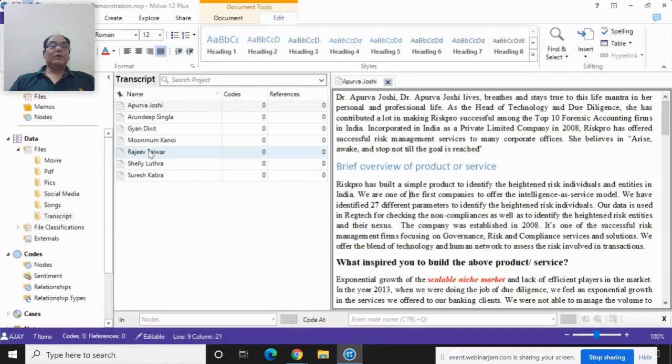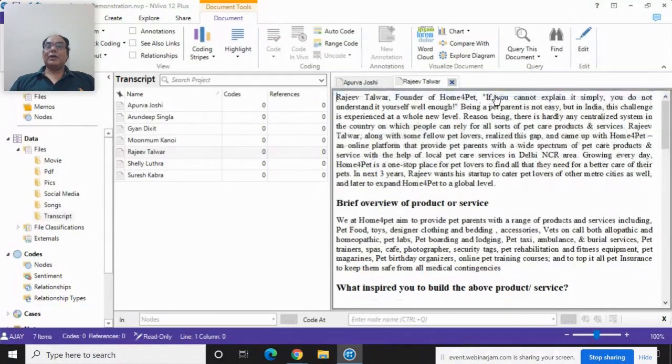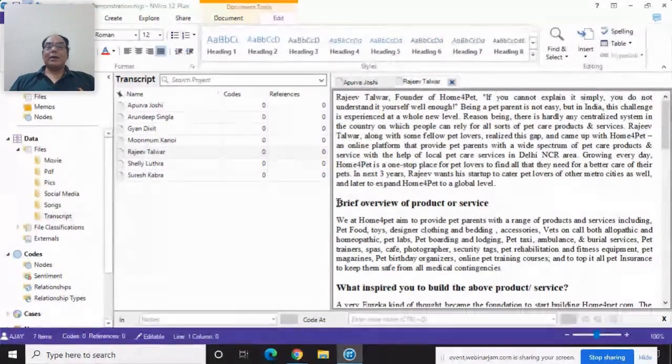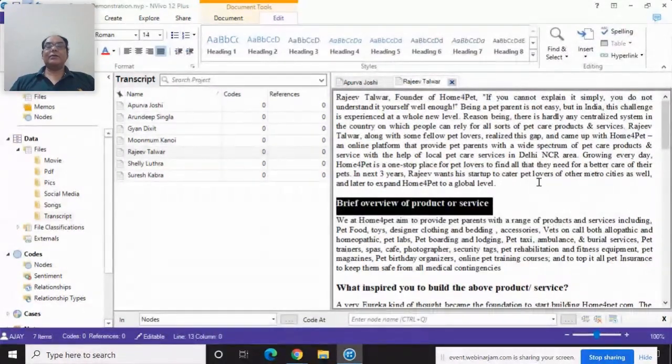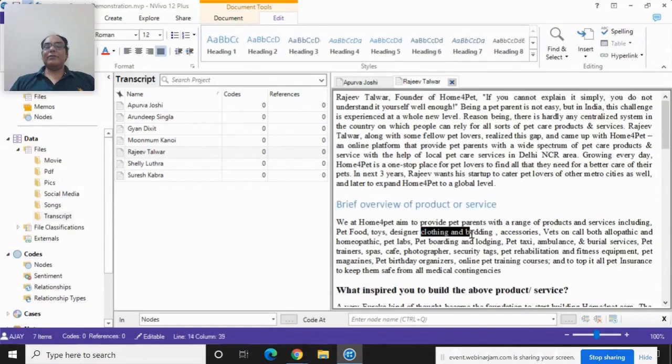Similarly, you can make this change in all other files. Click on edit and define the headings as headings, and you can identify important keywords also.